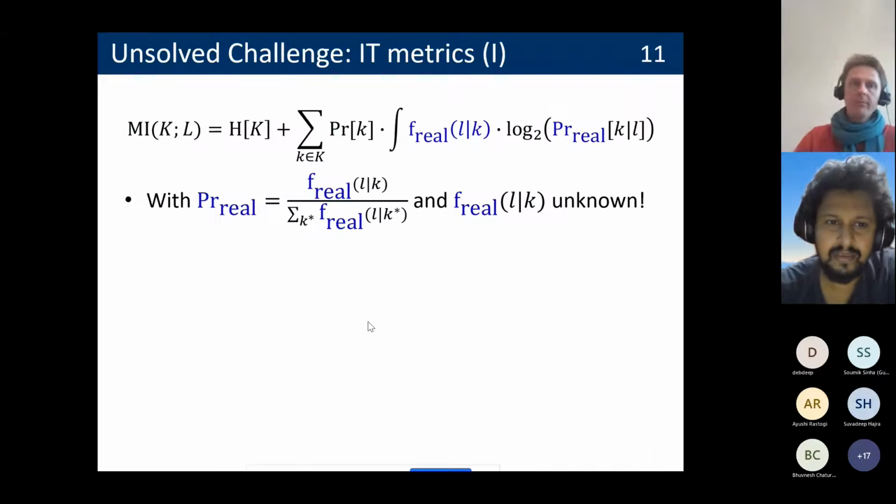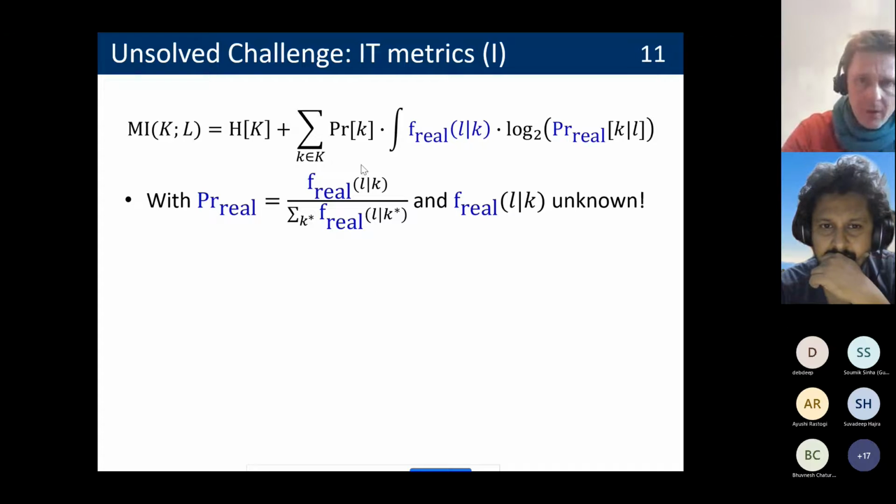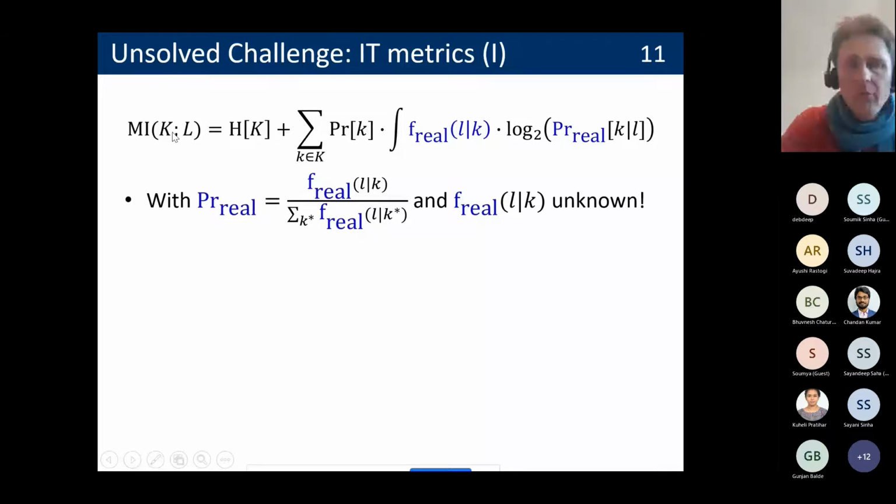What is much less solved, I would say, and I even call this an unsolved challenge, is the problem of information theoretic metrics. So what's the problem here? As I said, ideally we would like to compute the mutual information between a key and the leakage, as reflected by this equation. Essentially this mutual information can be viewed as a statistical distance between conditional distributions. And the problem we face is that when we want, for example, to estimate the probability of the key given the leakage,